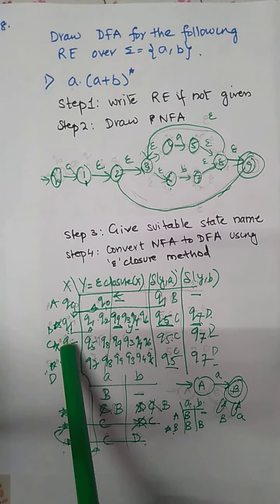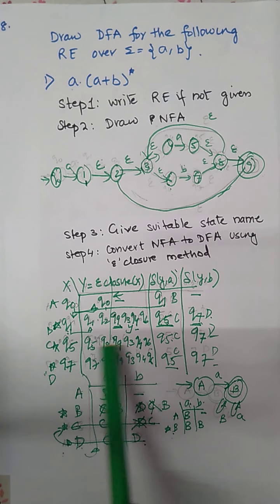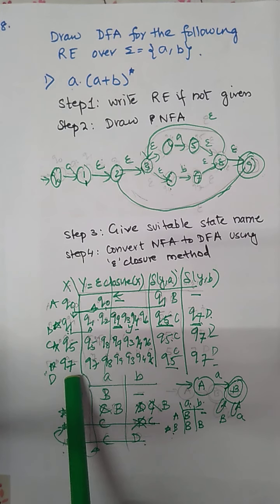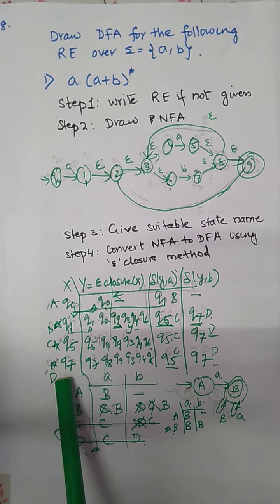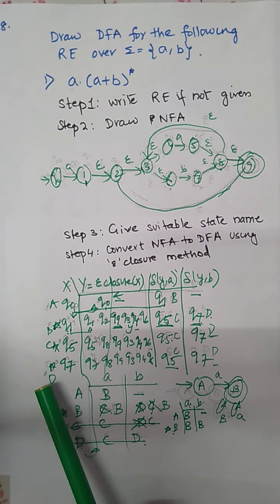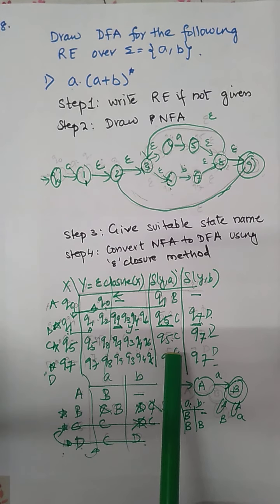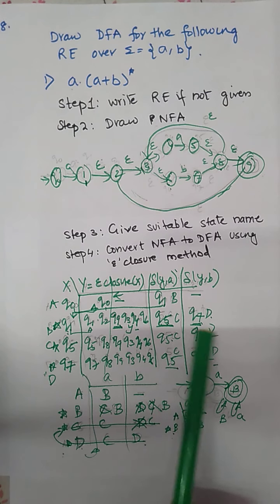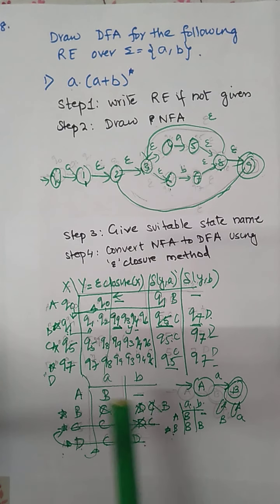So we have considered Q5 here and Q7 here. While finding the epsilon closure of Q5, we got Q9 as the final state, so that is marked as a final state. Q7 also contains the final state, so that is also marked as a final state. Now what will be the next step? Is there anything else not reachable or not considered? In all the arrows we found only Q5 and Q7, which we have already considered. The next step is to rename.